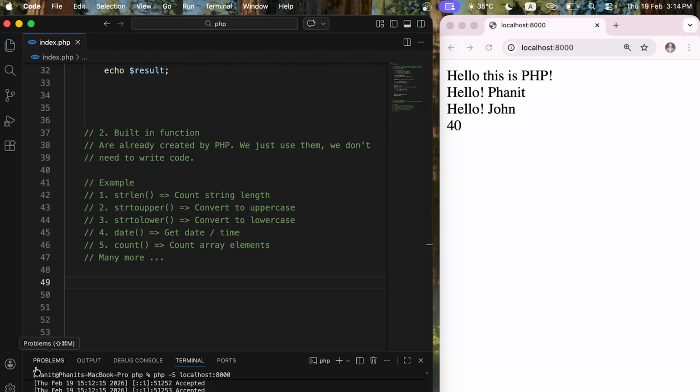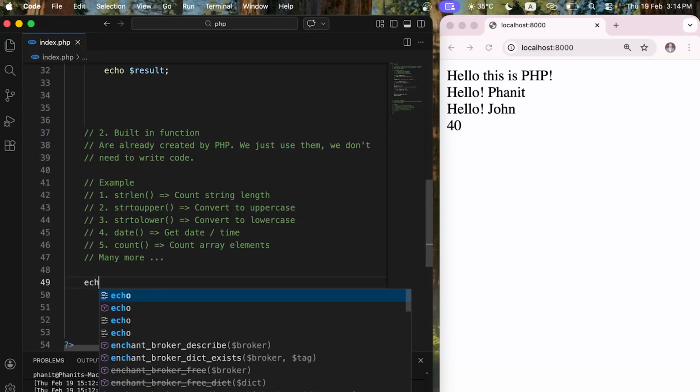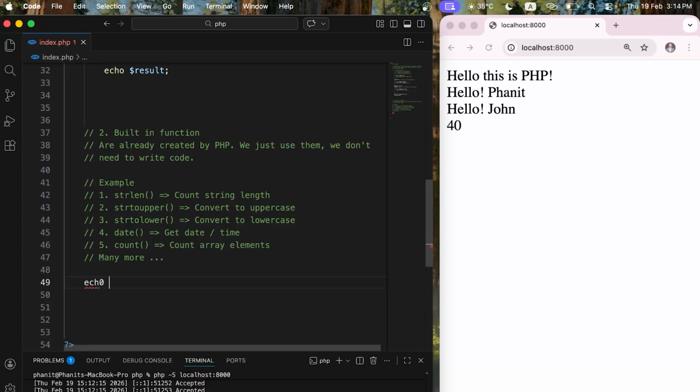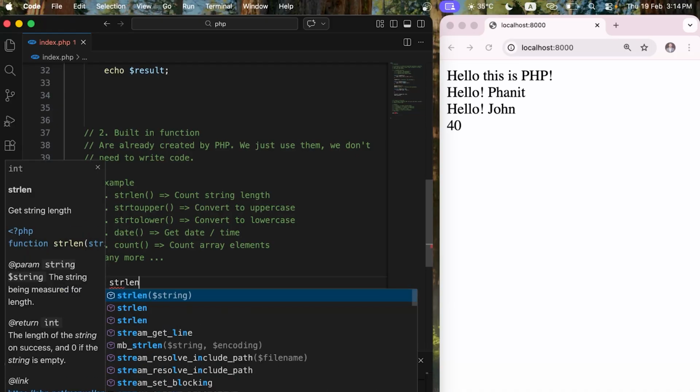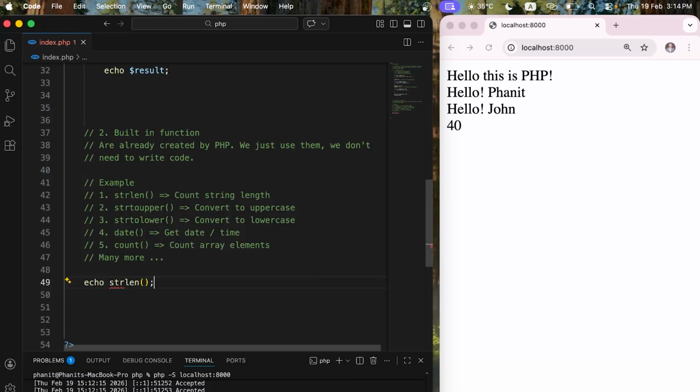So the first example is str_len. I'm going to say echo, then str_len, something like that, a function. Then I say hello, meaning I need a function to calculate the length of these words. So it is 5. This is what we call the len